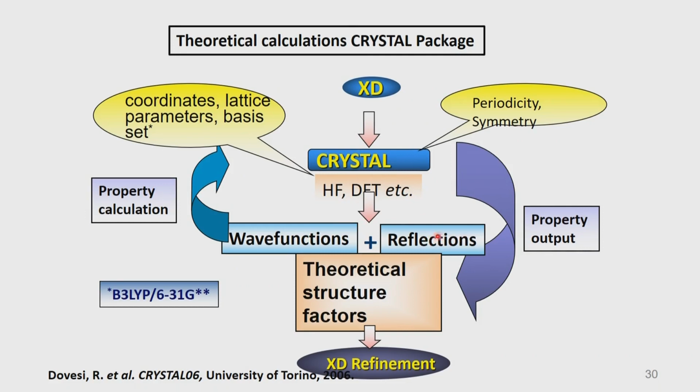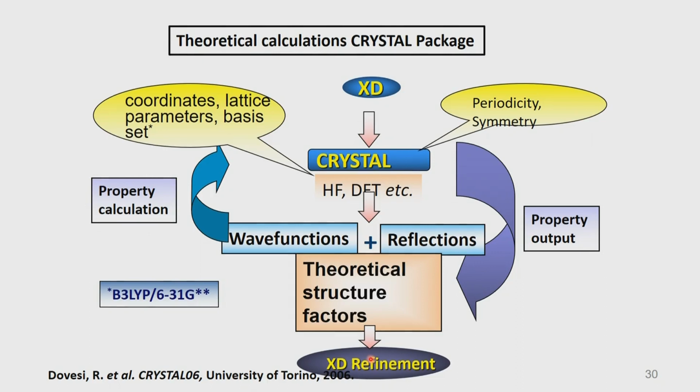See, the advantage here is we end up with theoretical structure factors. If we get theoretical structure factors, they are devoid of all systematic errors. We do not have to worry about absorption, we do not have to worry about extinction corrections, we do not have any issues related to WLP and so on. Whatever errors we have had in the routine structure determination are avoided. So, the theoretical structure factors are the ones which we now use, and of course, we use the XD protocol refinement, that is the charge density refinement, and process the data.